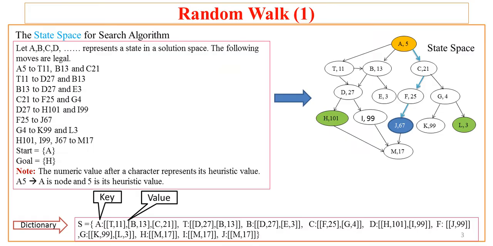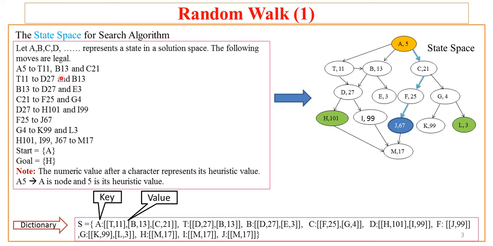Let us now see the state space representation of the given problem which is used in the search algorithm. Now the given problem is that we are having the set of nodes A, B, C, D and so on represented in a state that is in the solution space, and there are certain legal moves from one node to another node. Now that description is given over here, so let us focus where I'm pointing now. So here in our problem, given problem